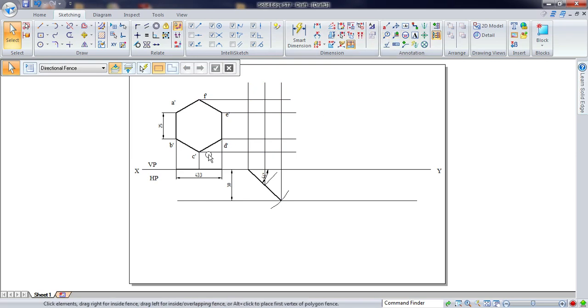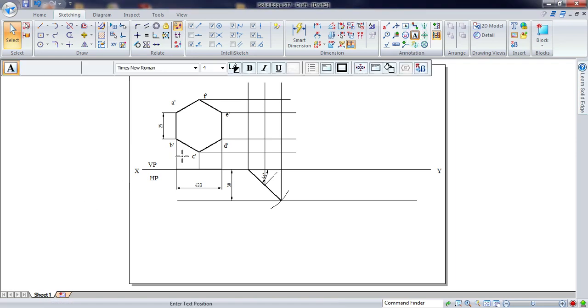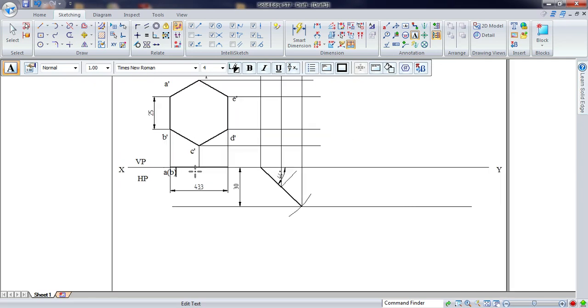So here we need to write down the annotations. So first we'll finish up the annotations here. Yes, so this is A, and within the bracket it is B because it is not visible when you are looking from the top. So similarly F, and within the bracket it is C, and finally it is E, within the bracket it is D. Okay, so place the annotations properly.